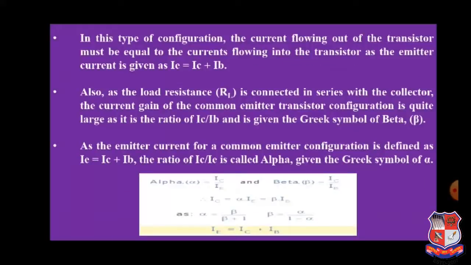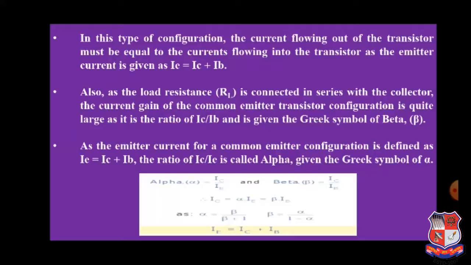Okay, so this was about the electronic circuit for the common emitter transistor, the working principle and determination of two major factors known as alpha and beta, where beta is the current gain and alpha is the collector current to emitter current ratio. Okay, so again this is the secondary configuration. Earlier we have seen the primary configuration where the base terminal was grounded. Here the emitter terminal is grounded.